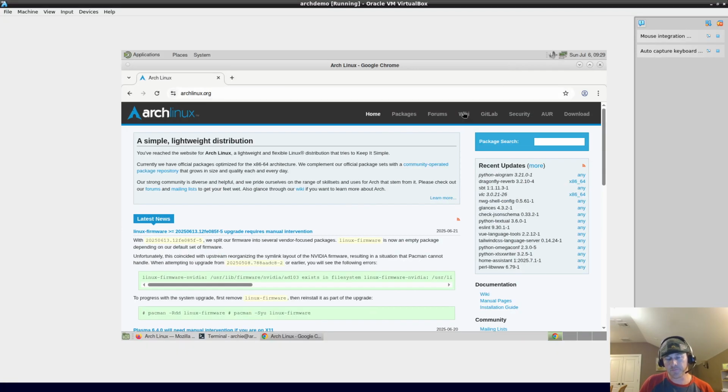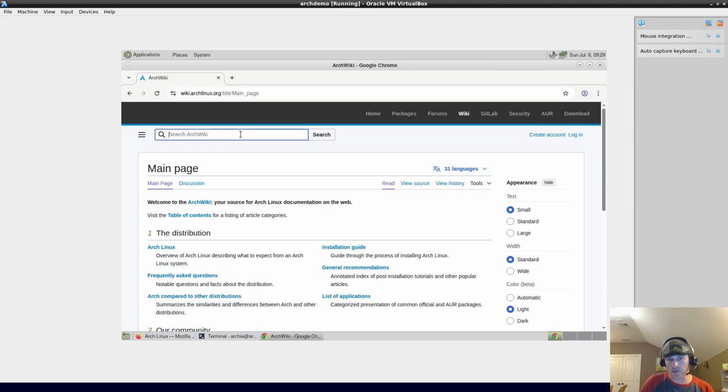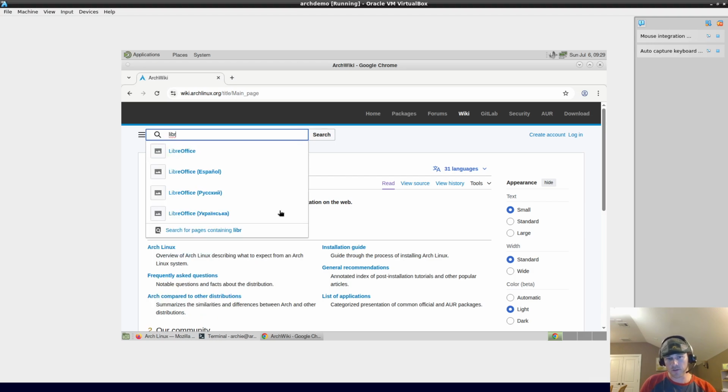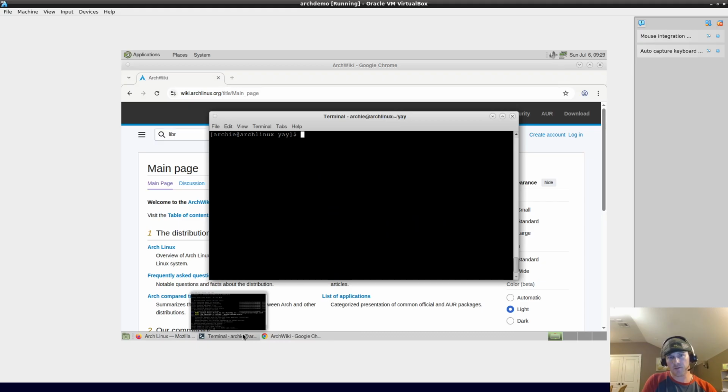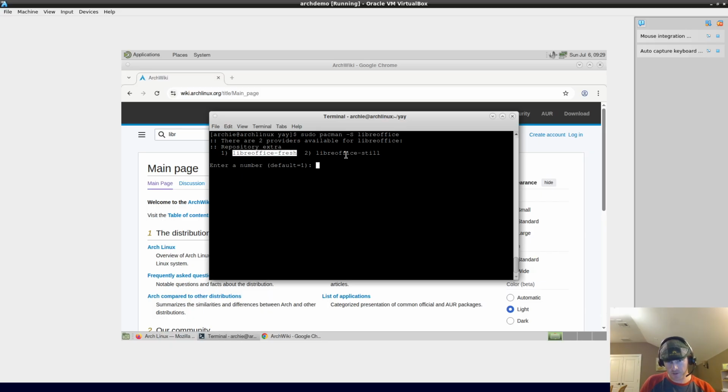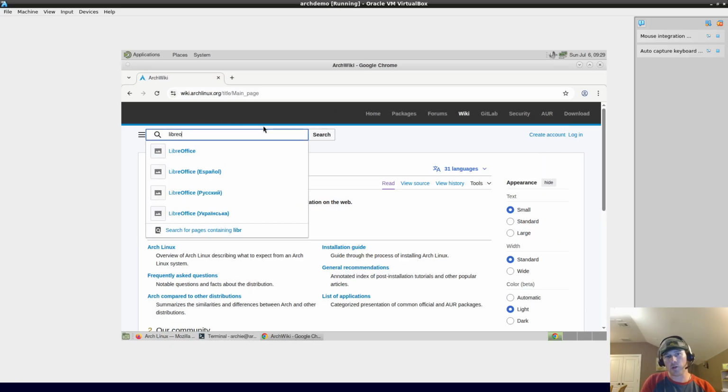And now I wanted to briefly mention the wiki. The wiki on Arch Linux is very, very useful. For example, let's say we wanted to install LibreOffice like this, sudo pacman LibreOffice, and it asks you which do you want to install? The default is libreoffice-fresh, or do you want to install libreoffice-still? If you go to the wiki and you look up LibreOffice,